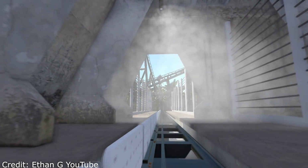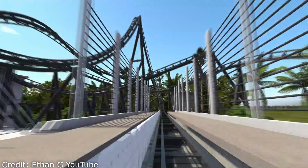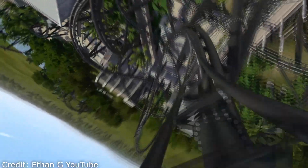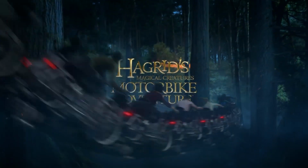So it's going to be quite a quick ride. It's going to be an intense ride as well, looking at some of those elements that you've got on there. But as I say, it's definitely an Intamin. It's the same manufacturer who actually manufactured the Hagrid's Magical Creatures Motorbike Adventure ride, which of course is what opened